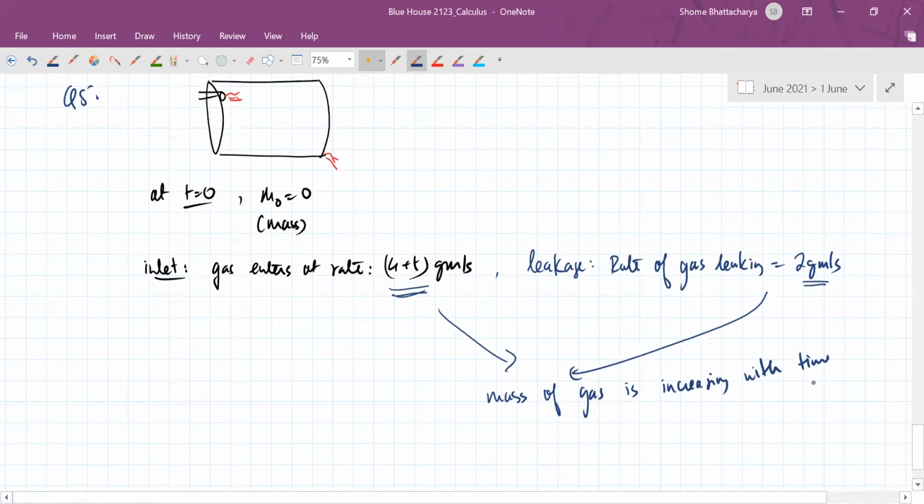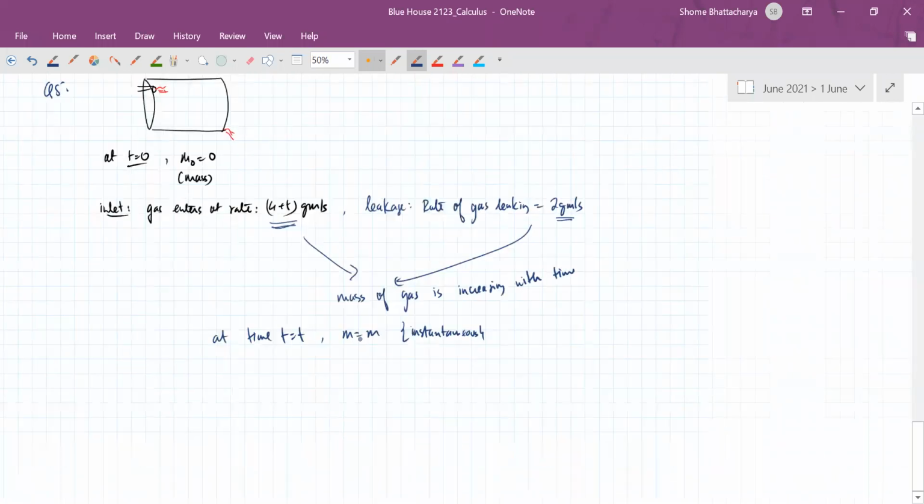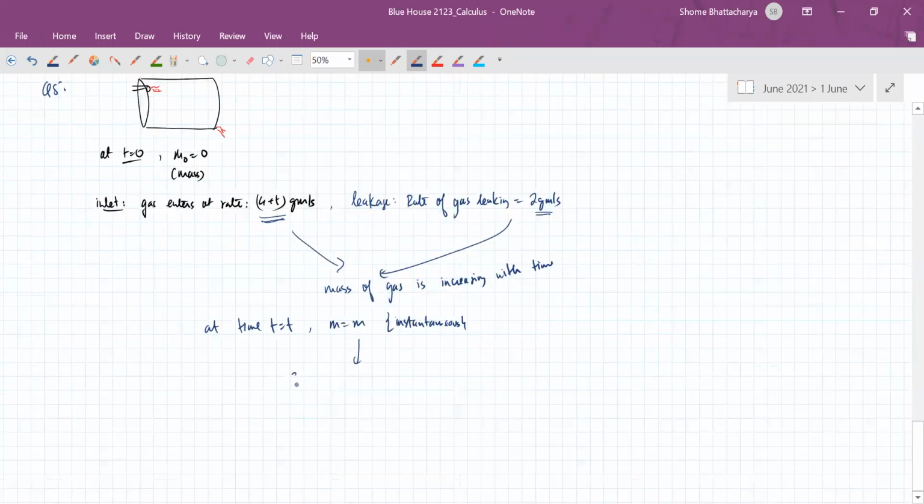Okay. So now let's say at some time t, the mass of the gas is some m. So this is like an instantaneous mass. It's at that moment of time t. So it's an instantaneous value because it's changing with respect to time. So what can we say about the rate of change of this mass? So this mass is m such that